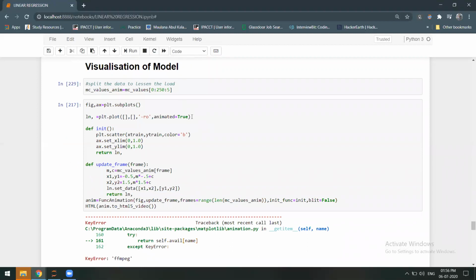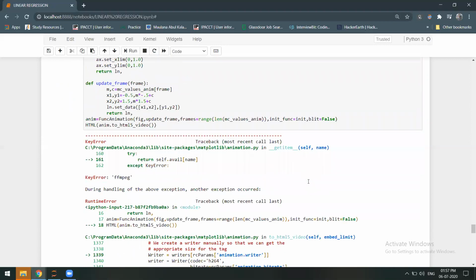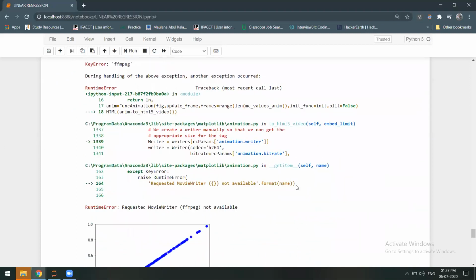In this, we have visualized the model. Visualization generally means how the model depicts the data set in graphs. So these were the new m and c values. We generally do the animation part here, but for now, the animation library was not there in my Jupyter, so this error has been thrown.